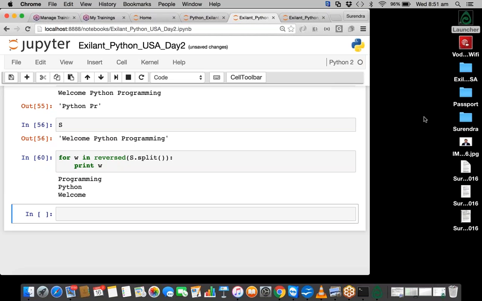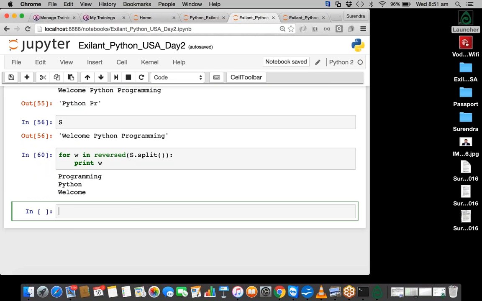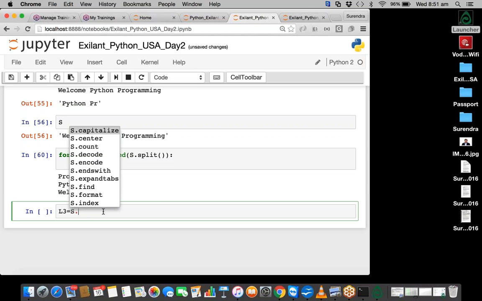Okay, good. So I think you should be trying this. Okay, good. So now I think we should proceed further here. So you can use a combination here by using the string method, or we can have one more answer now, as I said, whatever the answer given by Pushparaj here. So I have a s. I can convert this into a list also. So let's say I will say L3 is equal to s dot split,